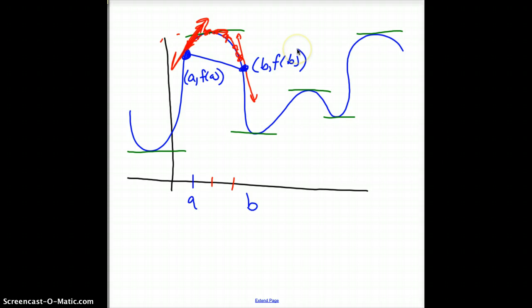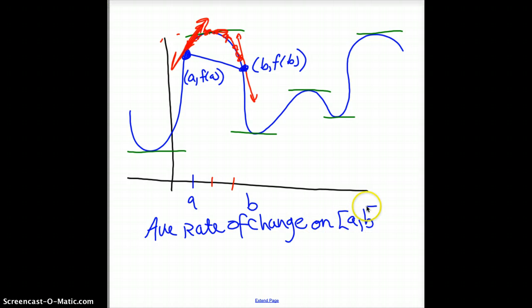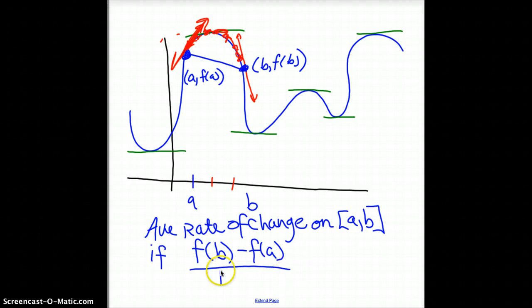So you simply would say that the average rate of change, and sometimes it'll say over the interval AB, or it'll say on AB. General rule of thumb is that it's just y minus y over x minus x. This gives you the average rate of change or the slope of the secant line. And last up, the instantaneous rate of change is what we call the derivative. And that requires some more work, but graphically you can estimate it. Again, if this was 6, you'd say f prime of 6 looks